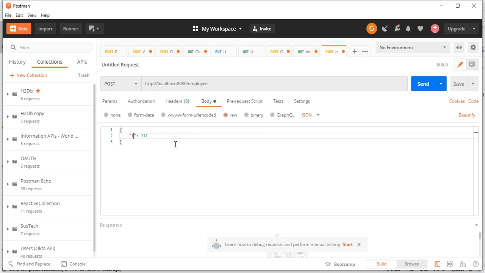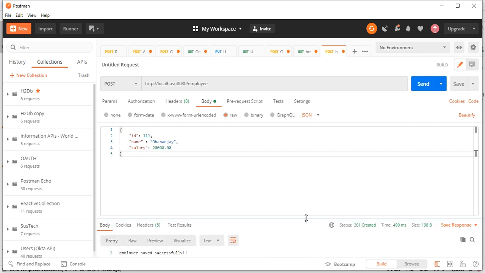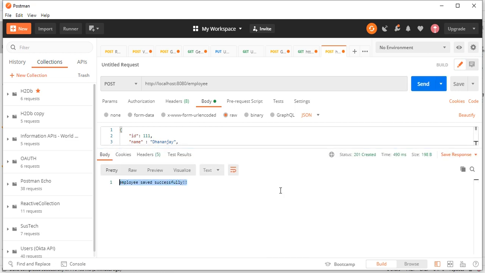Let's say ID is equal to 111, name is equal to Dhananjay, and salary is equal to 20,000. Post method selected. Let's try. If you see here, the employee is successfully saved.